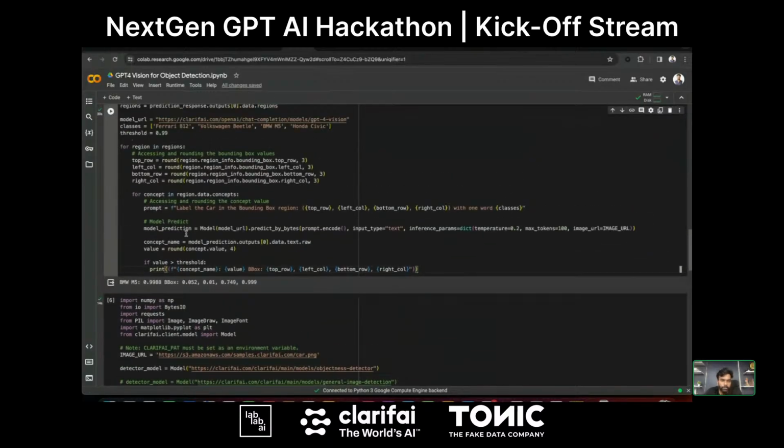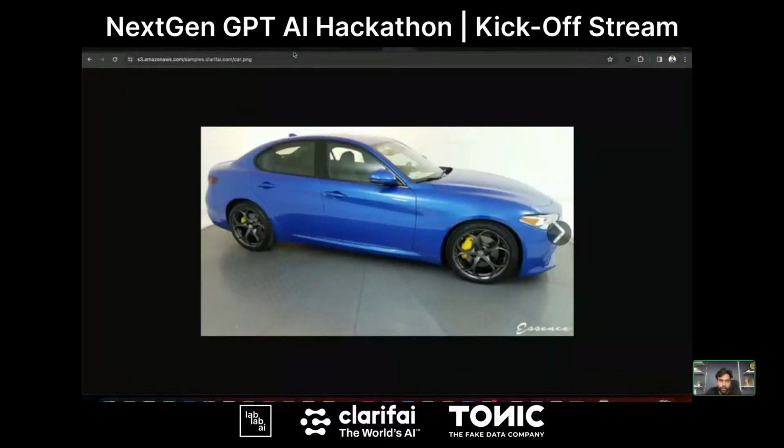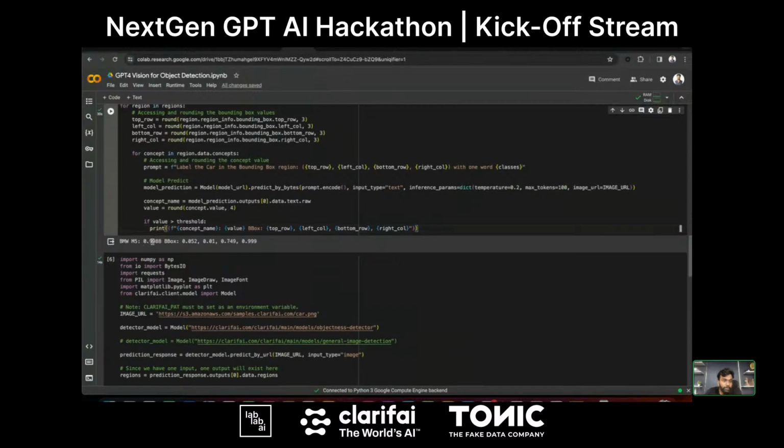You can see the car image is a BMW M5, and the model is 99.8% confident in that prediction, and that's what it has written.